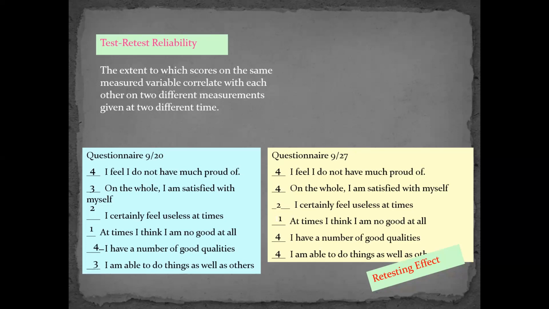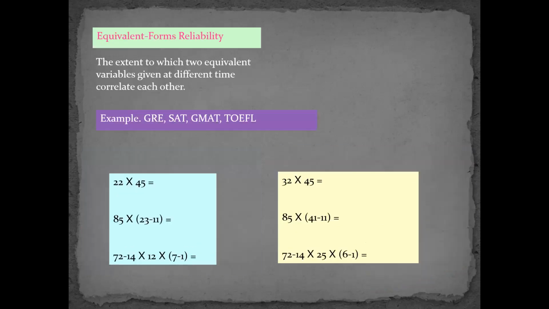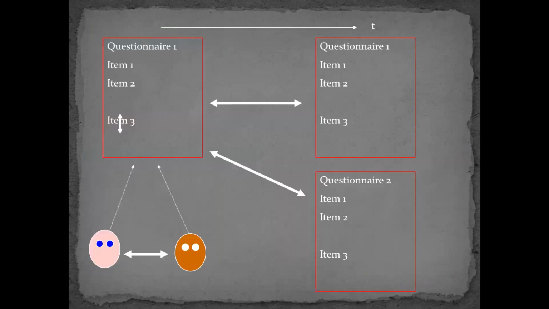But R is relationship. If the first test has high marks, the second test also has high marks. First test low marks, second test also low marks. So this is test-retest. Very simple. Give the test 2 times: first time, and after 2 months, second time. Then find out R. You can find it out in Excel. Then it is called the correlation coefficient R. The equivalent forms method is very difficult because you need 2 equivalent question papers. So the test-retest method is the best, you use that.